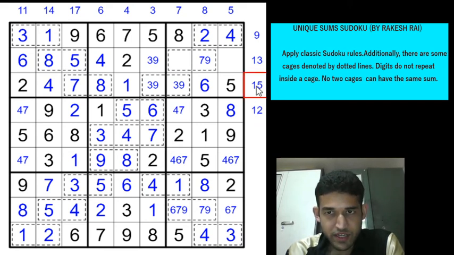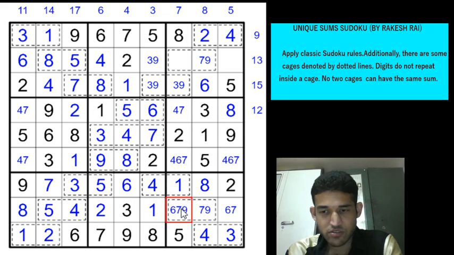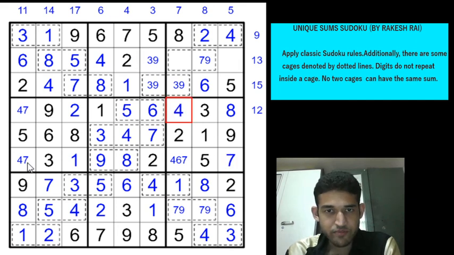Since we have reached a 15 here, if you remember, we narrowed down 9 to one of these two cells because of the 9 here. Now the 6 cannot be here because then 9 would be here and we will reach a 15 total again. So this is not a 6, so this is a 7 or a 9, which gives us a 6 in this cell. So 4 and 6 are all in that column, so this will be a 7, that gives a 4 here, a 4 here, a 7 here and a 6 here. Now there is only one cell left and that will be taken by the 1 to finish off that column.